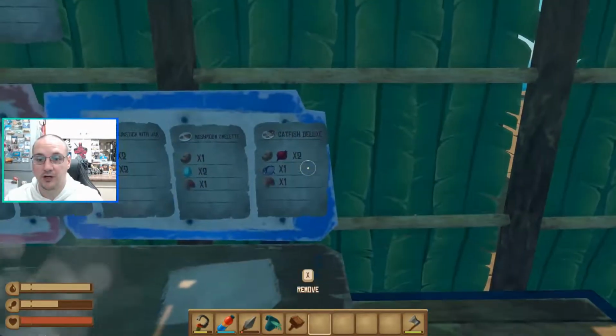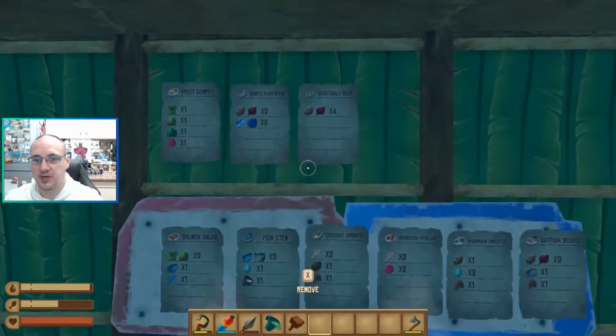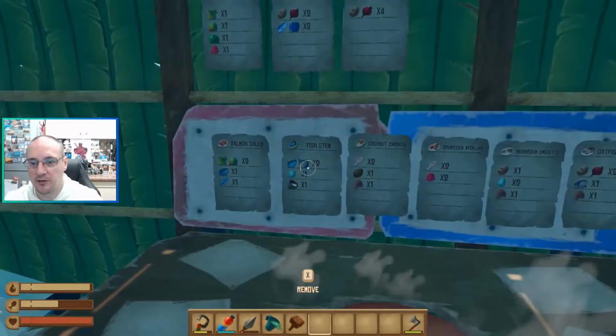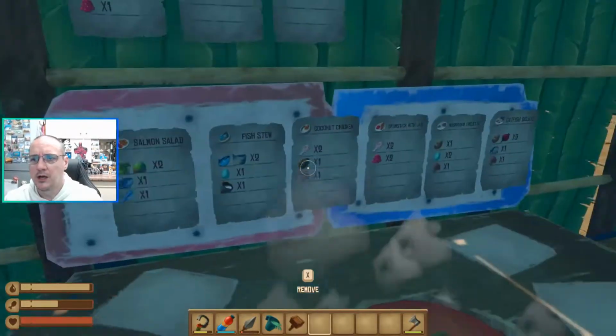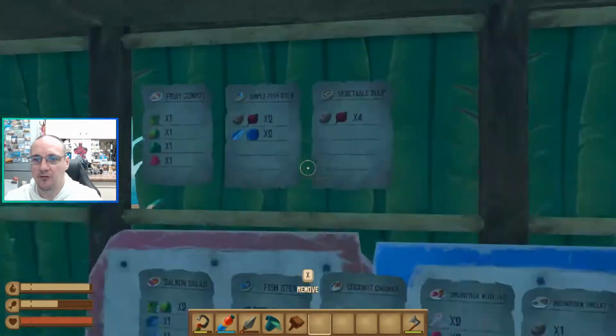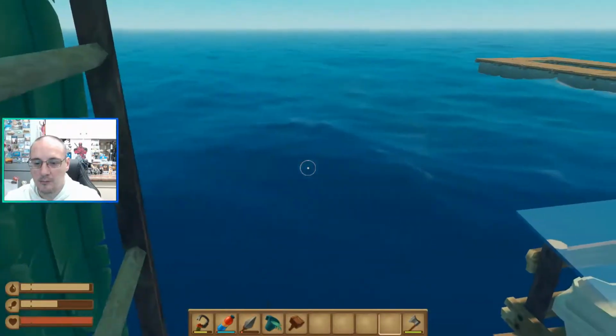You put whatever ingredients it says. So you could put 4 potatoes, and likewise for the others. Some of the fish can be a little bit difficult to see the difference between, but apart from the little ones, like the simple fish stew, apart from that...